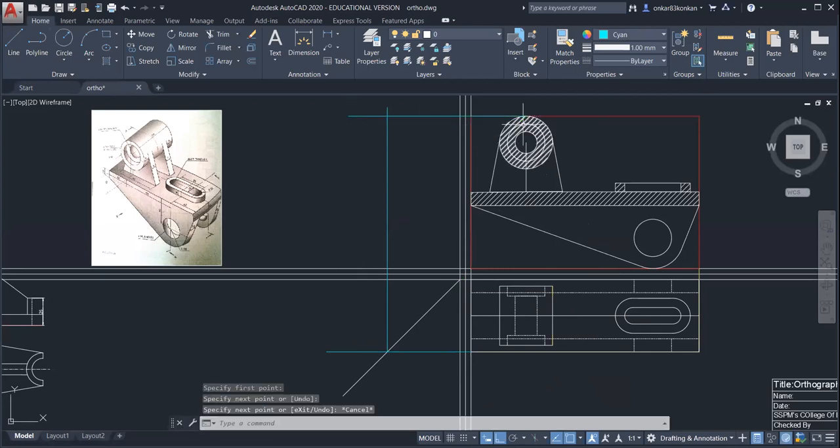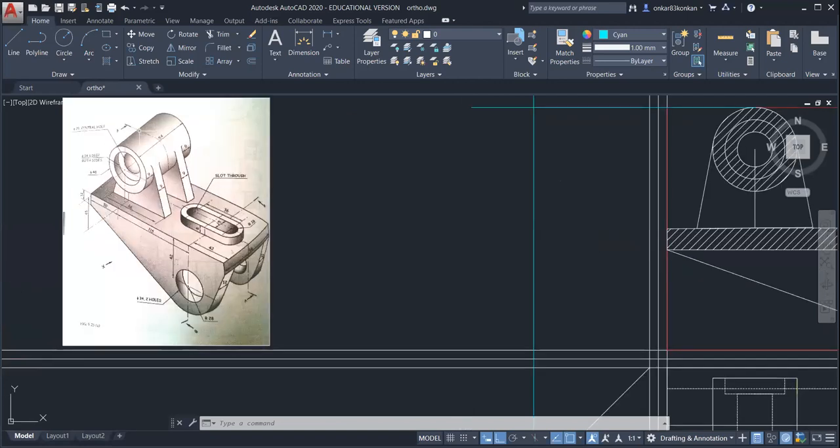And take the projection from the front view. Okay, so you can create the rectangle with the maximum dimension. And now take the projection from the major features in the top view and in the front view. So first we will try to complete the side view for this cylinder. It will be just a rectangle.